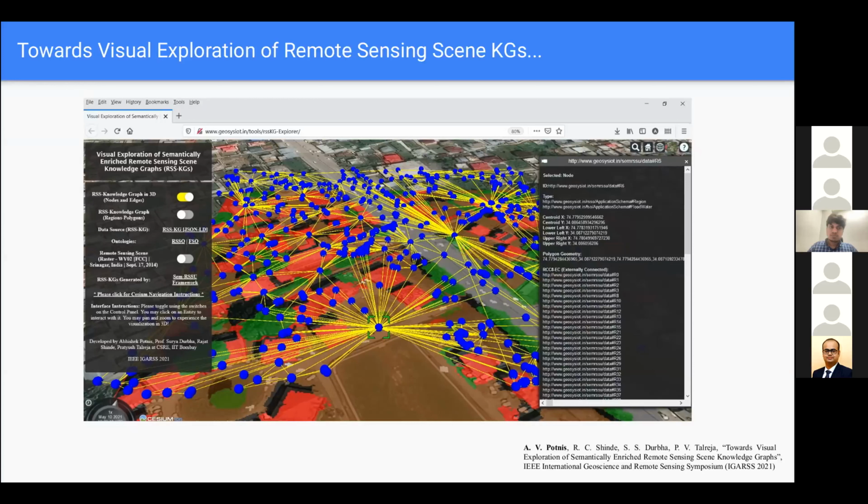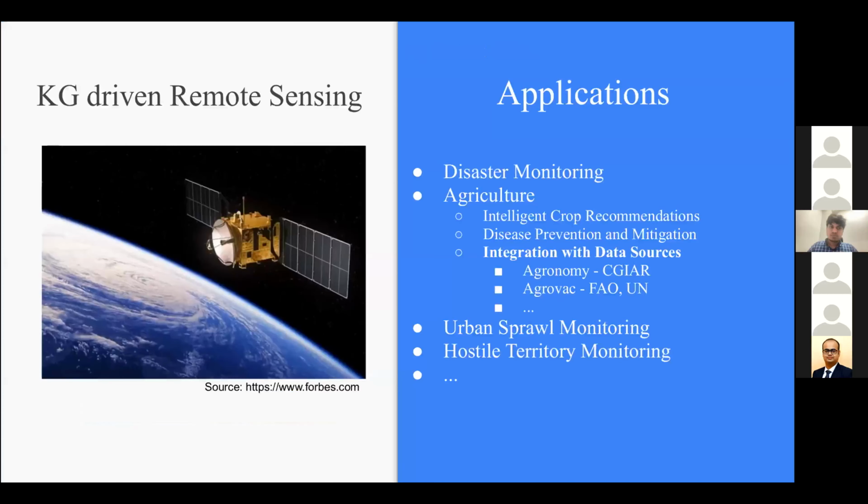The objectives are translating a remote sensing scene to a knowledge graph equivalent, having it translated to a natural language scene description, and, the last bit, developing intuitive interfaces for exploring knowledge graphs through natural language question answering and through visual exploration. That brings us to the last slide of the session, wherein we discuss the other applications we foresee when remote sensing is driven by knowledge graphs.